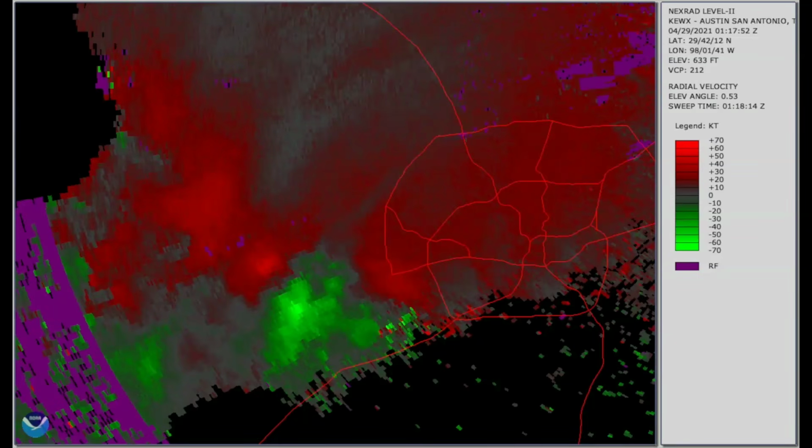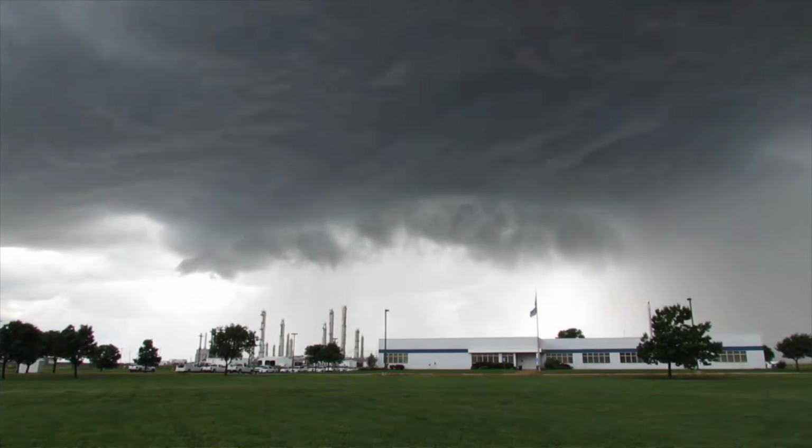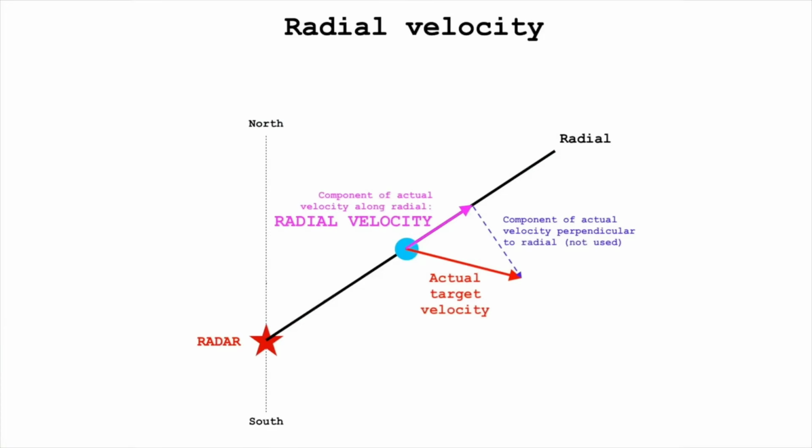Standard base velocity measures the target's velocity with respect to Earth's surface, which is stationary. However, storms and storm-scale phenomena, like tornadoes, almost always move with respect to Earth's surface. Base velocity estimates the portion of a target's velocity that's moving directly toward or away from the radar, i.e. along a radial. This also includes the motion of the parent storm, which can make it difficult to obtain proper